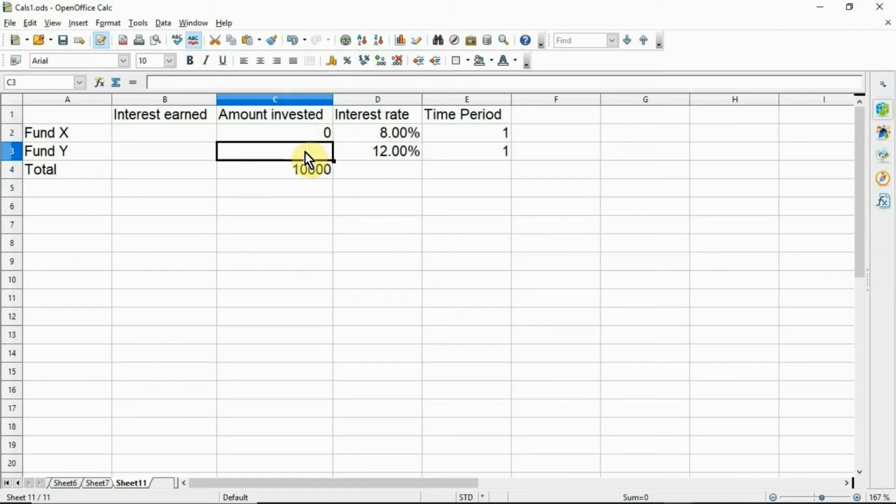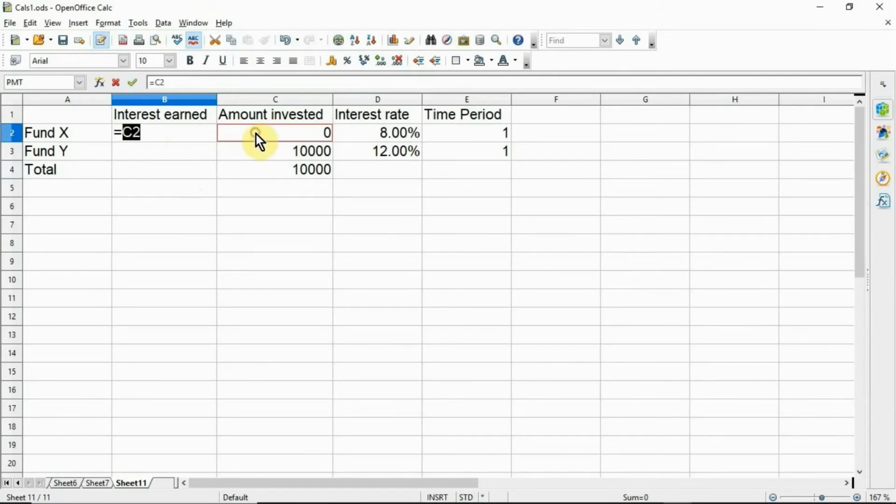Enter the formula in C3: equals C4 minus C2. In cells B2 and B3, enter the formula for calculating the interest. In cell B2, enter the formula equals C2 into D2 into E2.